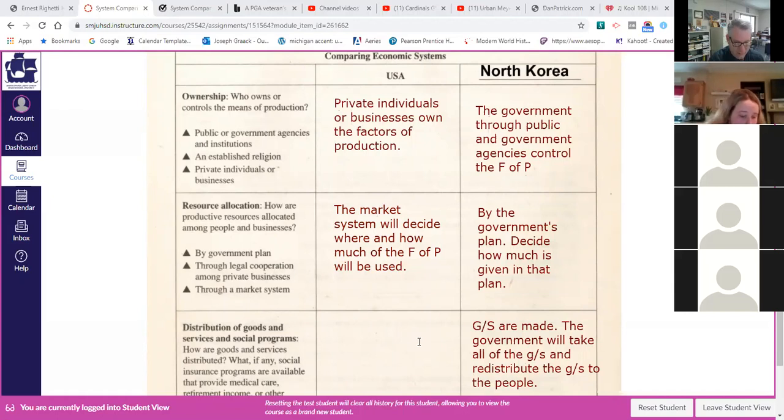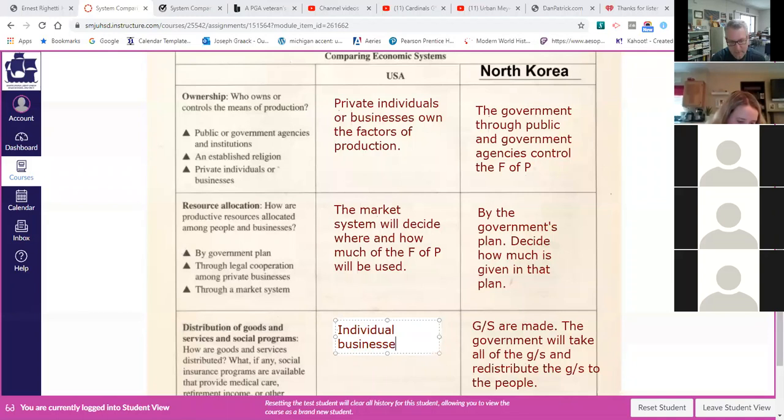Then on the last one, which is your formative question number 5, number 3 for the United States, group 1, what did you have for that? I don't think this is right, but I said that the goods and services are distributed by the individuals. That's exactly right. Yeah, because individuals are the ones that own the businesses, right? So really the distribution of goods and services would be individual businesses